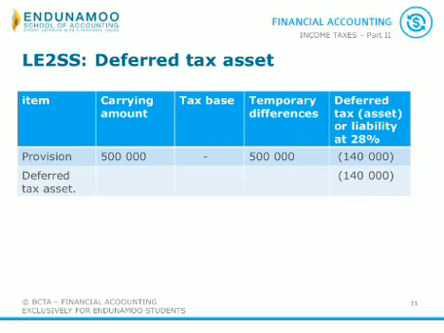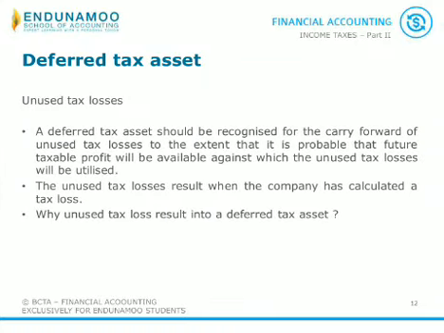So still the same facts, and now we calculate our tax at 28%, and we land at a deferred tax asset of 140,000 Rand. And now we're going to recognize this 140,000 Rand because it's now probable that in future they're going to have taxable income against which they can utilize this asset. So now we land